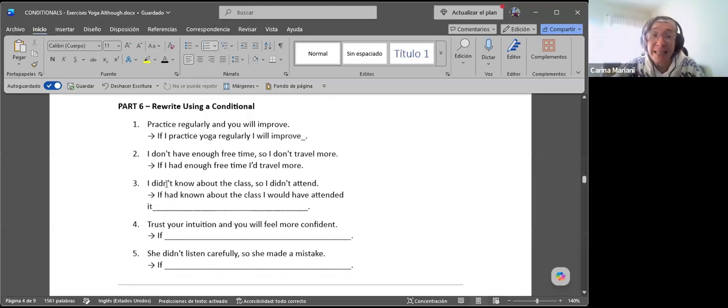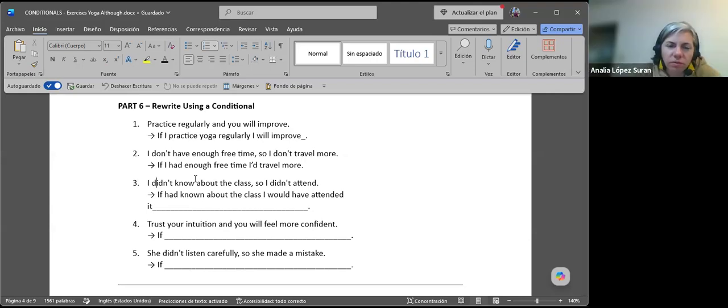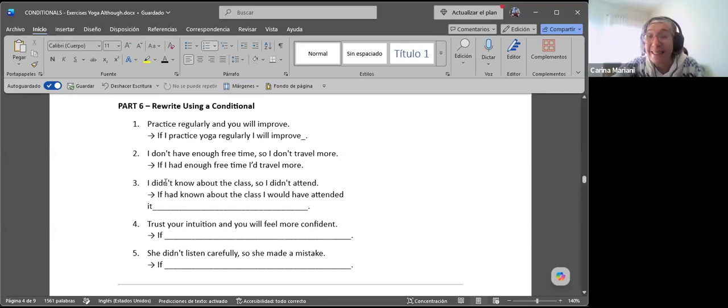Pero en el tercero, ¿qué pasa? En lugar del don't, se usa el didn't. Entonces, el didn't, si vos tenés que traducir esta oración, ¿cómo dirías? No me enteré de que había una clase, así que no pude asistir. Uy, claro, no asistí. Entonces, ahí, como es didn't, vos claramente estás hablando de una situación del pasado, de algo